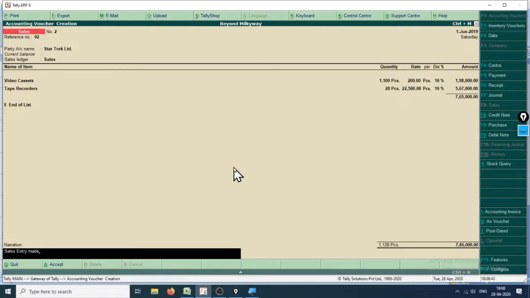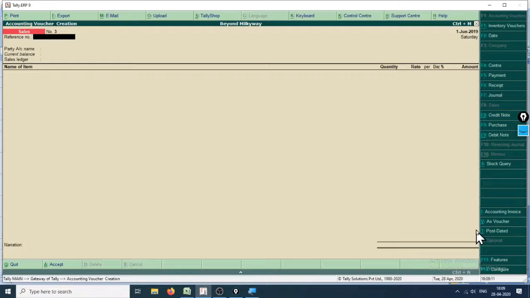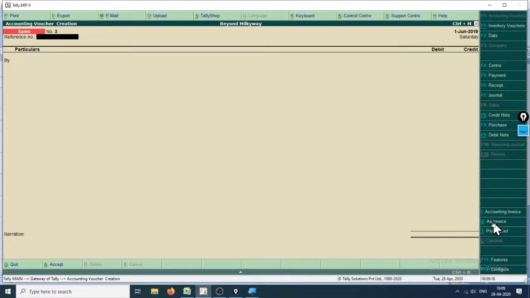Okay, so for those who are wondering why we aren't making the entries that we make in our notebooks or in our Excel sheets, that is, buy, and to, that is sales account debit, to goods account, that is party account debit to sales or goods account. We can make those entries also, but let's first accept this entry. I'll show you how. Click on this feature right here, that is as voucher.